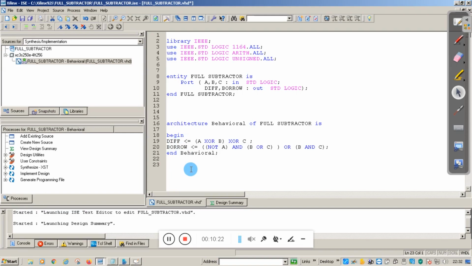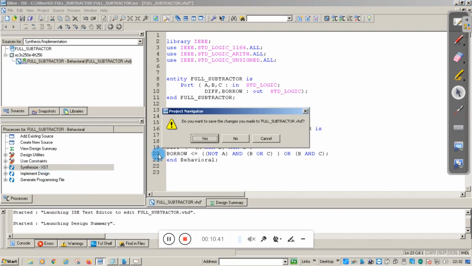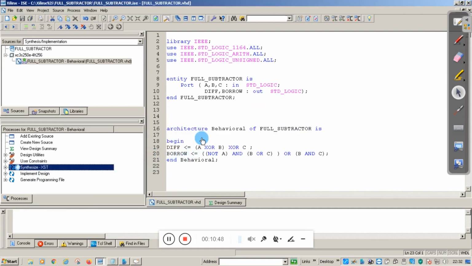Now we will synthesize our code. Synthesize is the tool which will understand our code. First it will check the syntax. So click on Synthesize XST, then click on the Run option. Before running, it will ask you to save the code, so click on yes. Now it will take time.